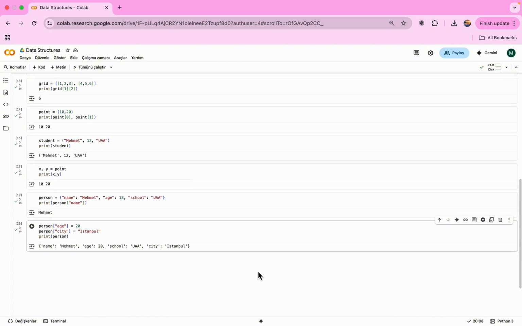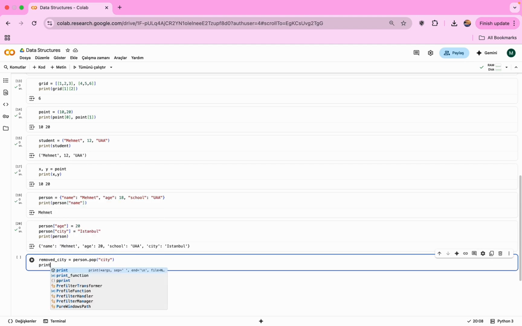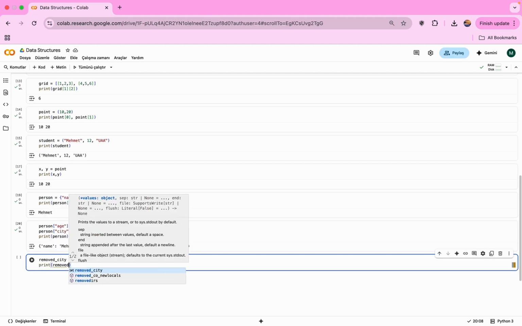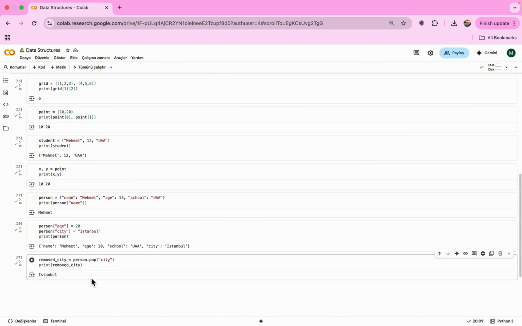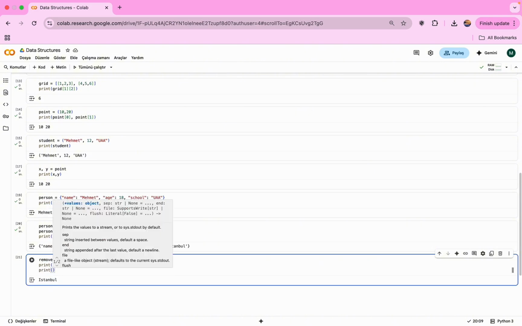Removing is also easy, as we can just use the pop from earlier. For example, we can say remove city is person dot pop city. And if we for example print remove city, this will print out Istanbul. And if we try print person now,